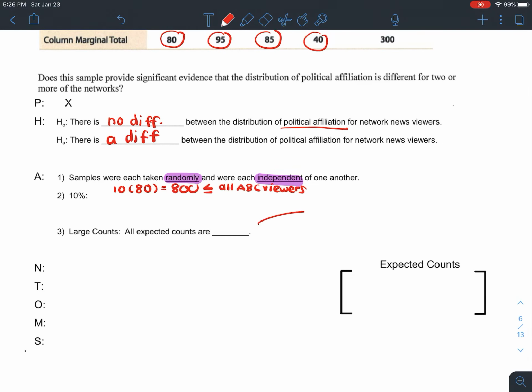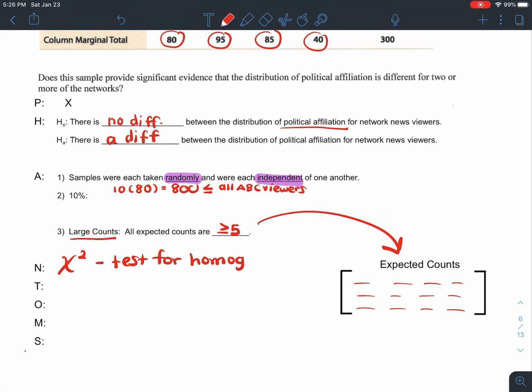Okay, if you list them in a matrix, you don't have to relist them again. You can just simply state that the large counts condition is met because all of the expected counts are greater than or equal to 5, and you can simply just draw an arrow to that matrix showing that all the values that would be in that cell there would all certainly be greater than or equal to 5. Okay, we definitely want to name this as the chi-square test for homogeneity, and I would encourage you to use the chi-squared test